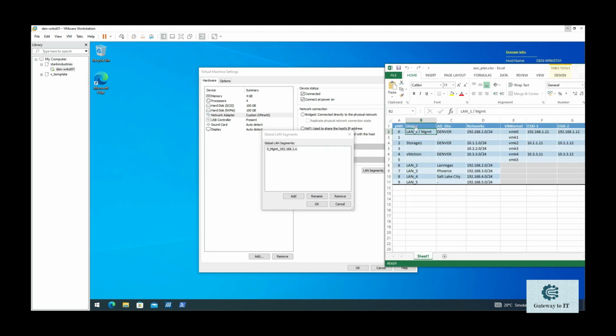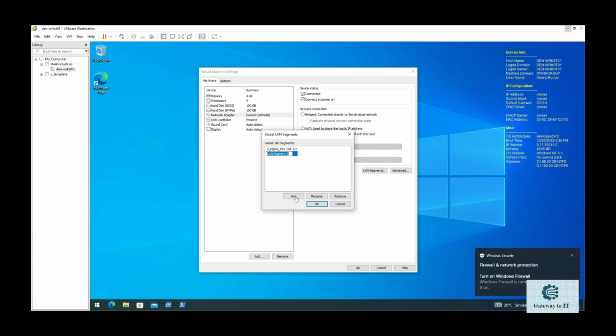The second network that we plan to create is for the storage, with the IP address scheme 10.1.1.0. So let me click on add again, give it name 1. I'm giving it storage, short form for storage, then 10.1.1.x. And there's another network that we're going to create right now, a network for the vMotion, network 2,